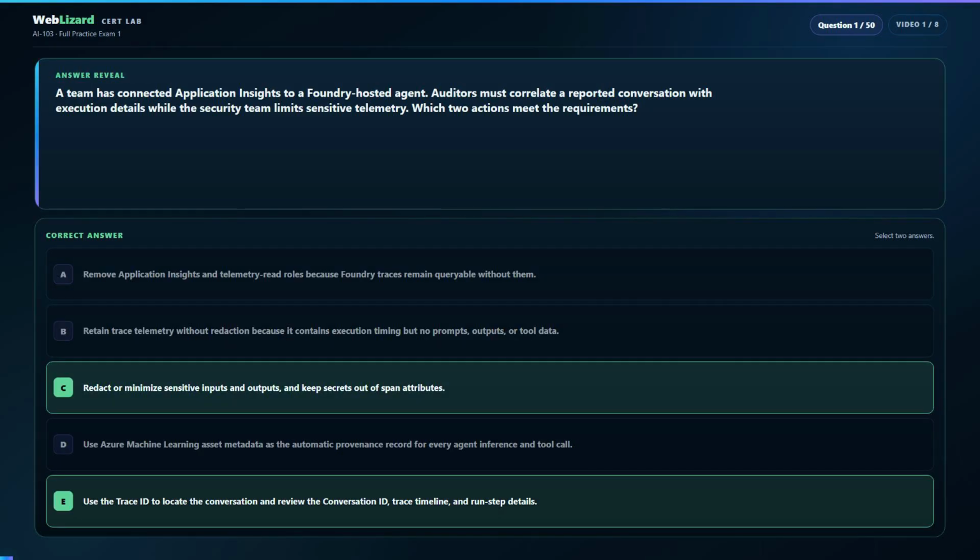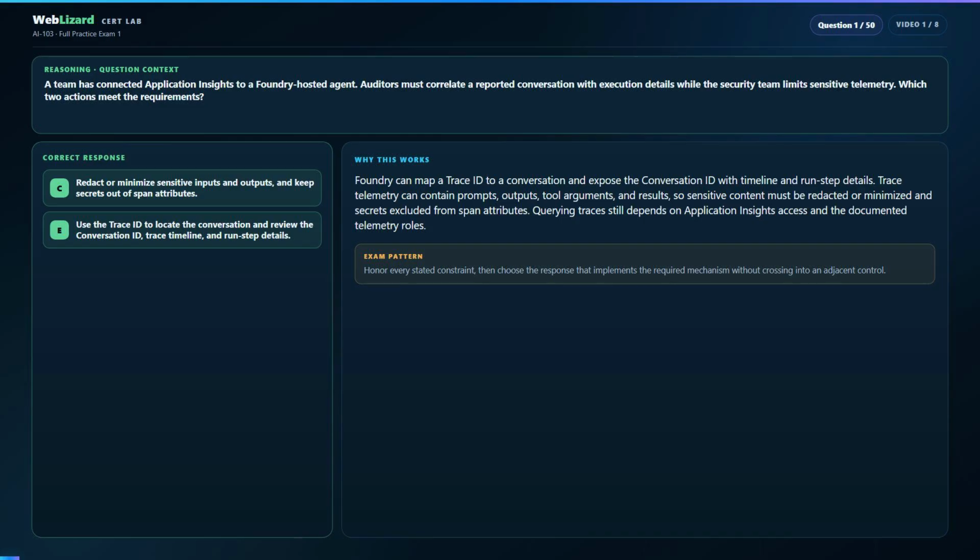Correct response, C. Redact or minimize sensitive inputs and outputs, and keep secrets out of span attributes. E. Use the trace ID to locate the conversation and review the conversation ID, trace timeline, and run step details. Why this works. Foundry can map a trace ID to a conversation and expose the conversation ID with timeline and